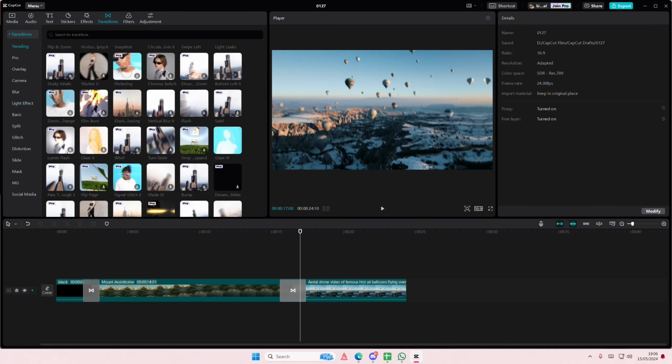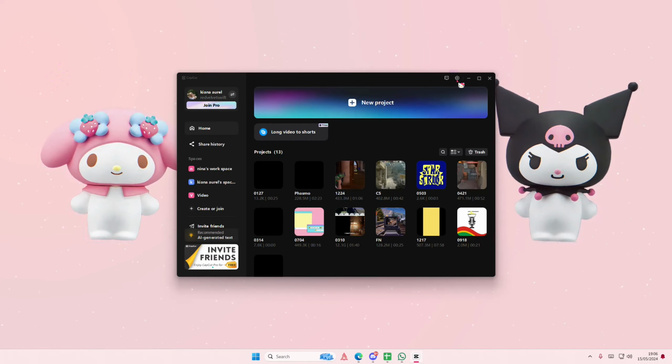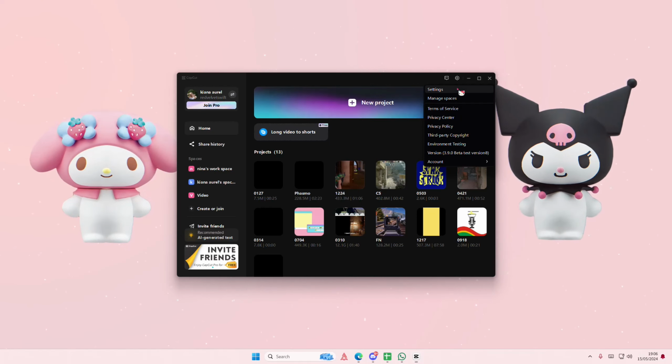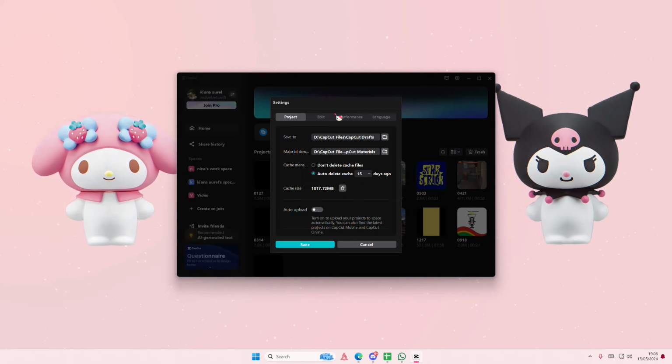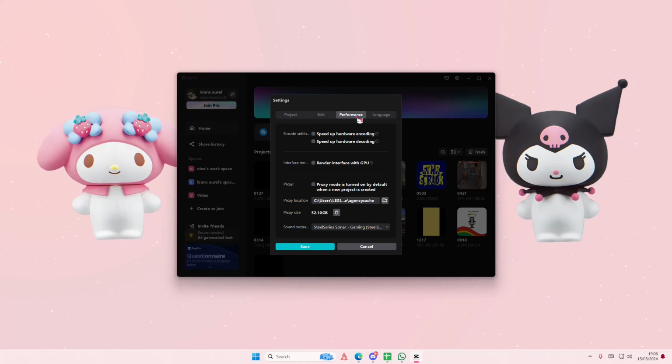In this video, I'll be showing you guys how you can tell if your device is compatible with CapCut PC. So just go to menu and select back to homepage, and here you're going to select the settings tab. Then you're going to select the settings tab again, and then here you are going to select